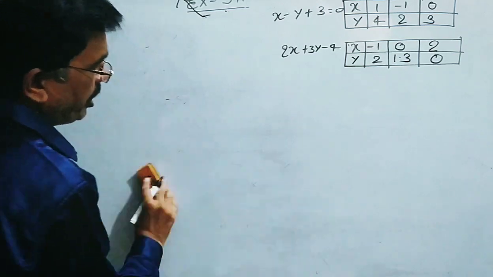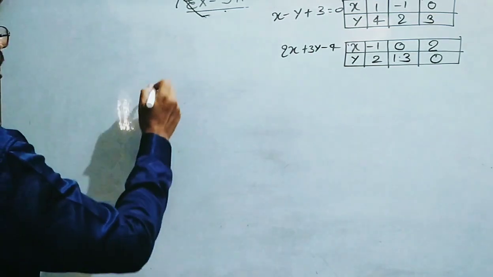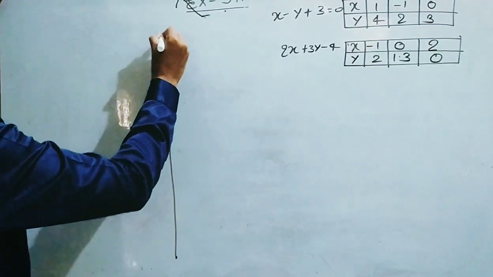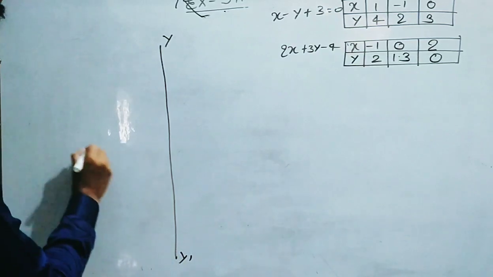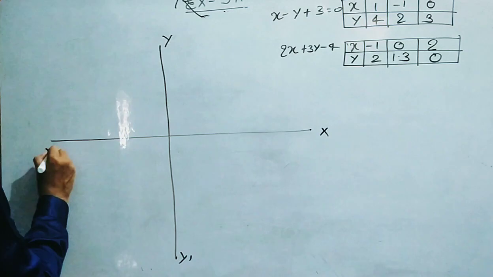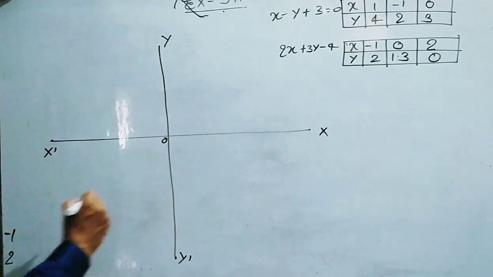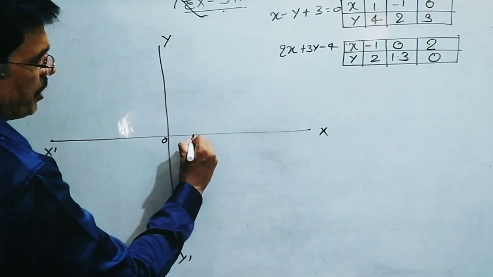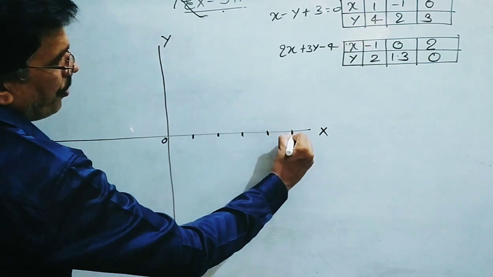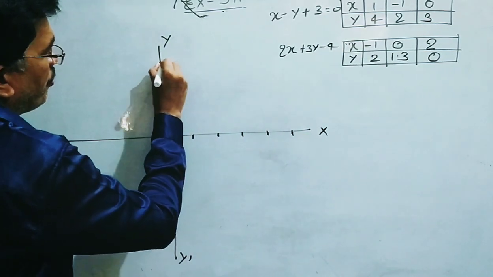On graph paper, you draw one line horizontal, another line vertical. It is y and y dash on graph paper, not plain paper, and here is x and x dash, both intersecting here perpendicular, that is the origin, also 0. Take equal steps, here is 1 step, 2 step, 3, 4, 5,